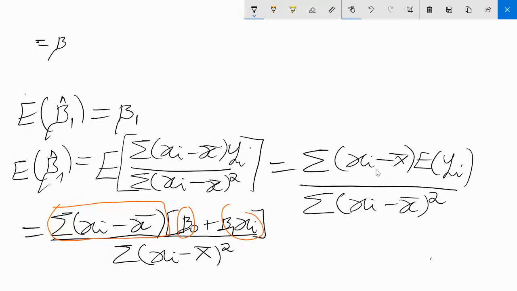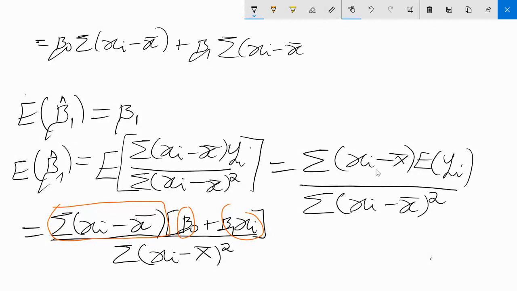Because beta 0 is a constant, we can take it out. It has nothing to do with the i's. Even on the second one, we can take beta 1 out. Then we'll be left with, because there's this xi here, xi minus x bar multiplied by xi, and we divide everything by